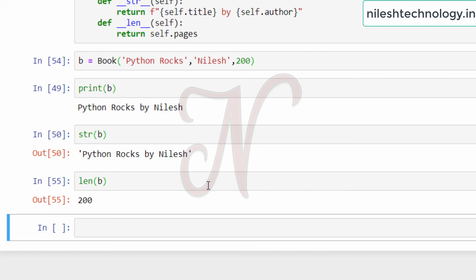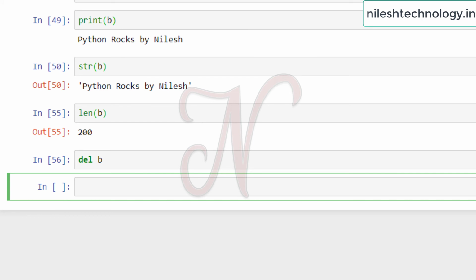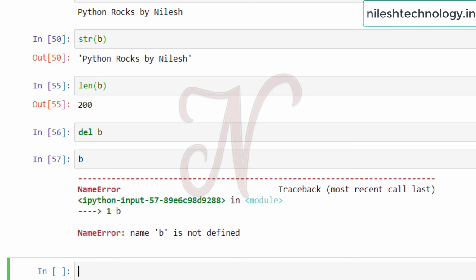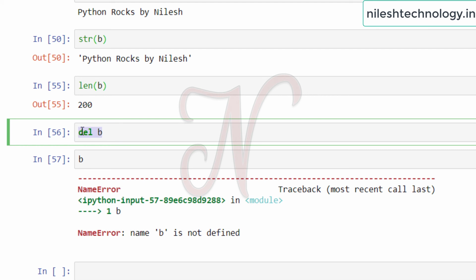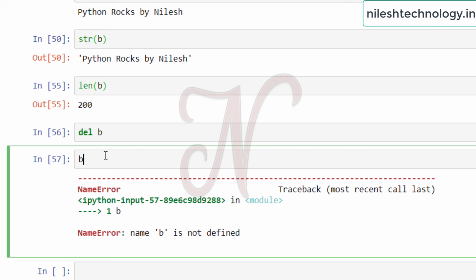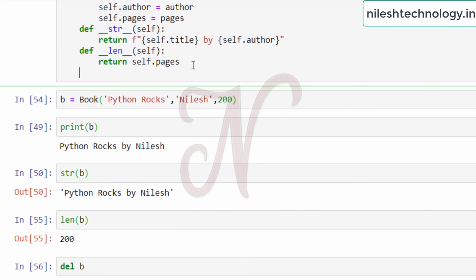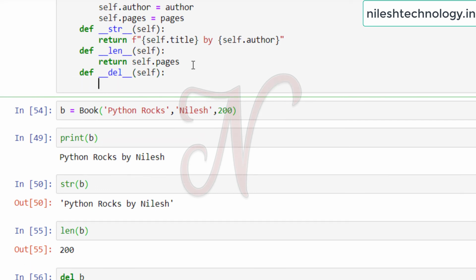One more function: when you want to delete the instance of a Book class, for example del b, there is no message. If you try to print b, there is an error, name b is not defined, because we deleted the instance of b. Now if you want to print a user defined message, add a del function: def __del__ with self. Here we use a print message,